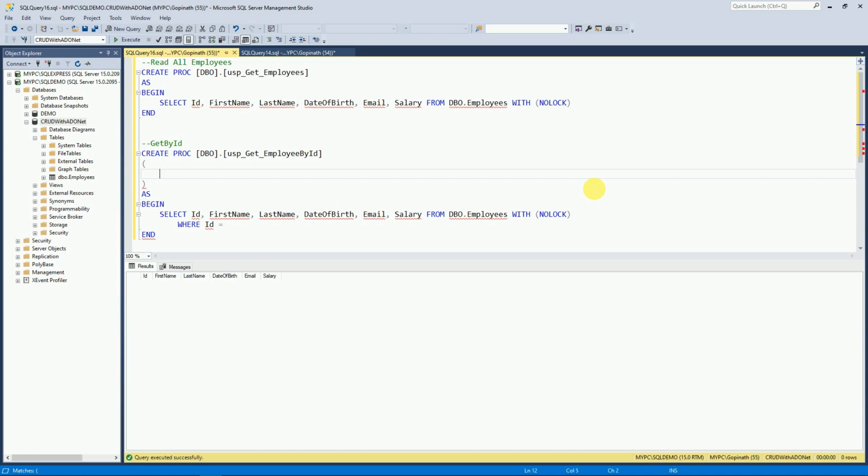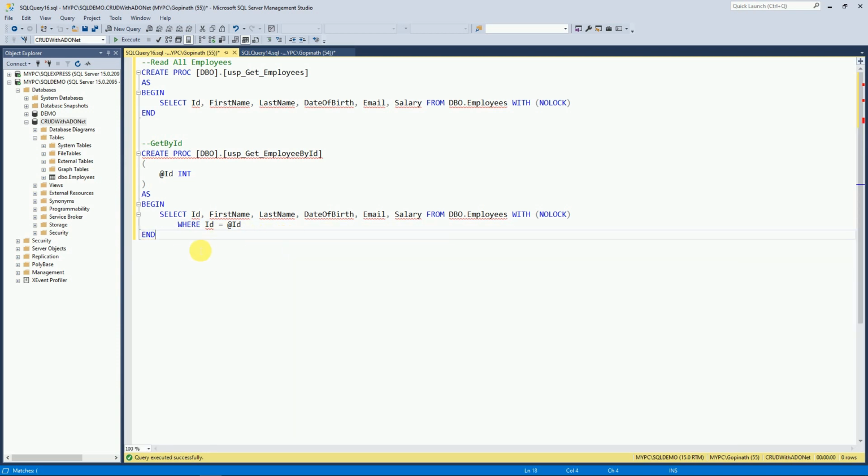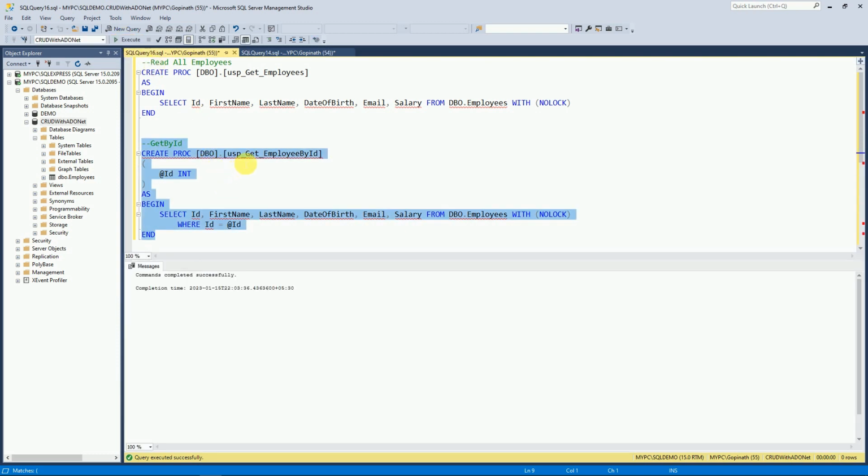I'll declare parameter here, @id, data type will be integer. Here we have to declare the data type. This is the input parameter we are expecting from the user, and here we have to pass that id. So select this and execute it. So one more stored procedure is created here,